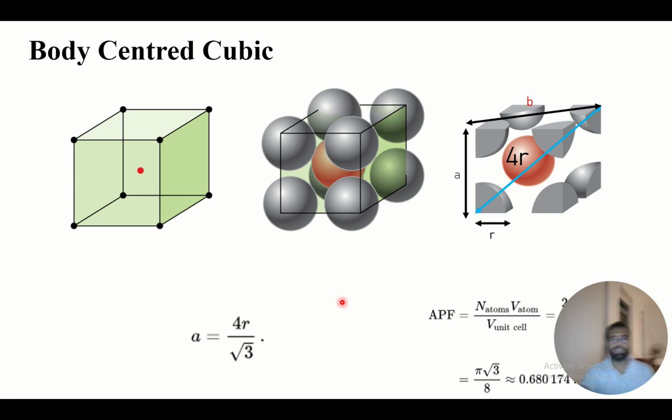Further, we have the body centered cubic. In this case, the unit cell is almost the same, but one atom is inside the unit cell at the center. So how many atoms will it have? Definitely one is inside, so it will have one, and then 1 by 4 from each corner, like in simple cubic. And so we will have two atoms inside this. And how will we calculate